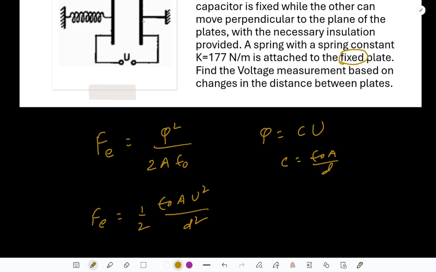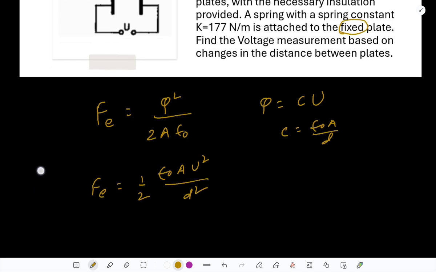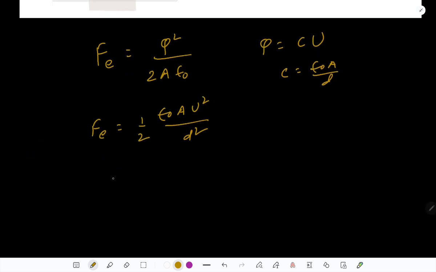And if the separation between the plates has been changed from D naught to D, then the spring force, that is Kx, because the change in the spring must have been D naught minus D, because the distance between plates has been changed from D naught to D, so the length of the spring that is being compressed is D naught minus D, and this must be equal to this electrostatic force, half epsilon naught